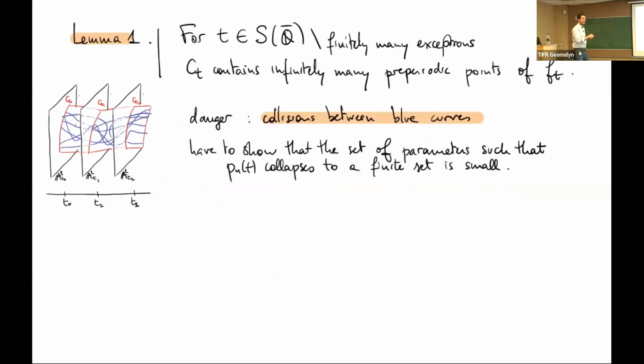So there will be 3 lemmas, basically 2 lemmas. Lemma 1 is that this very unlikely situation, that all blue curves collide at all algebraic parameters, does not happen. Outside finitely many exceptions, when you specialize the parameter to an algebraic parameter, you do get infinitely many points in this intersection. To do this, maybe I should have said it earlier, we already solved this dynamical Manin-Mumford problem for Henon maps with Charles a couple of years ago. So it's not a polarized setting, but of course it's also an interesting dynamical setting. And we already had to face this argument, and we found a way of doing this.